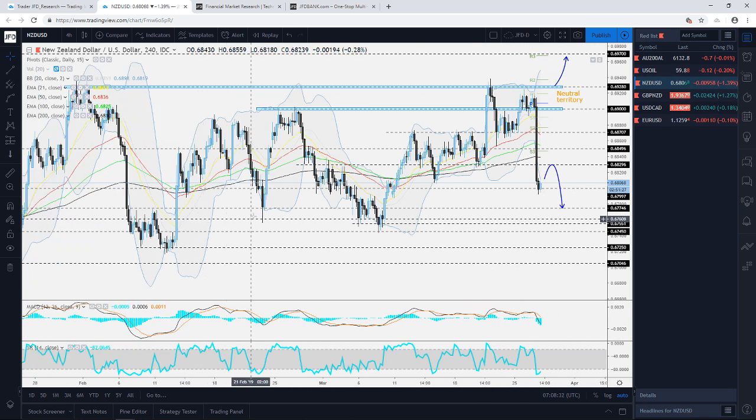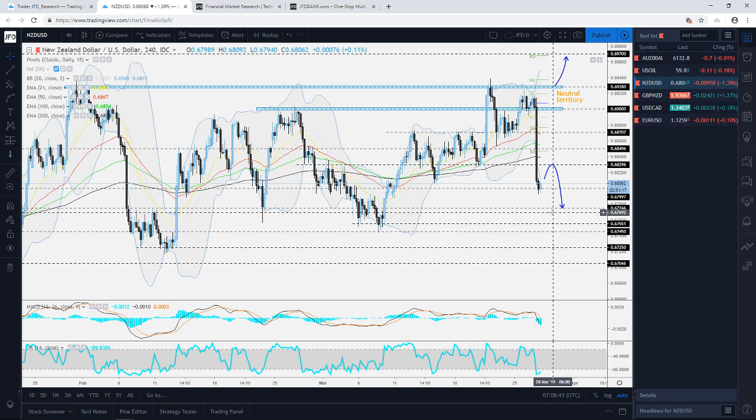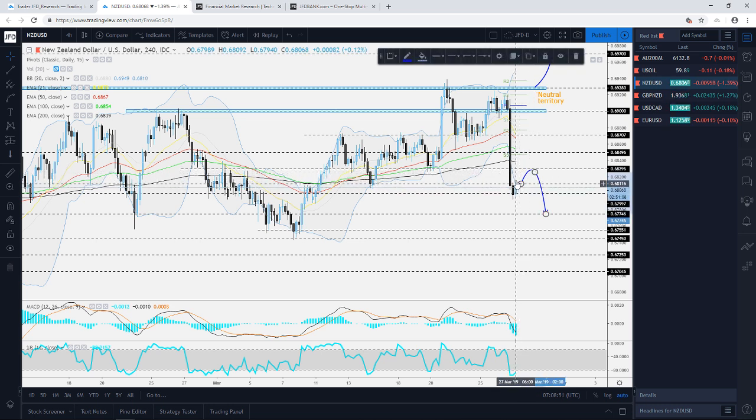Previously it acted as a good area of support back on the 22nd of February, in the intraday swing low, and it's also marked as a high on the 10th of February. So a very good potential area of support. But again, like I said, this is the scenario that we've got in mind right now. We could see a little bit of a comeback and a retracement to the upside. But if it continues to trade below the 0.6830 zone, and also continues to trade below this 200 EMA on the 4-hour chart, then further declines could be possible.